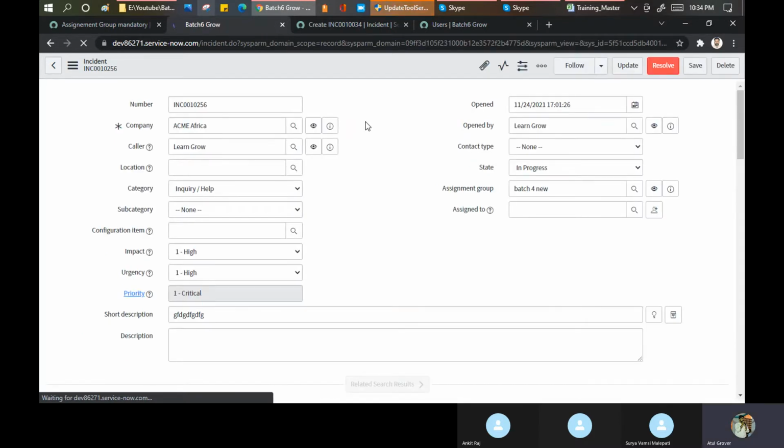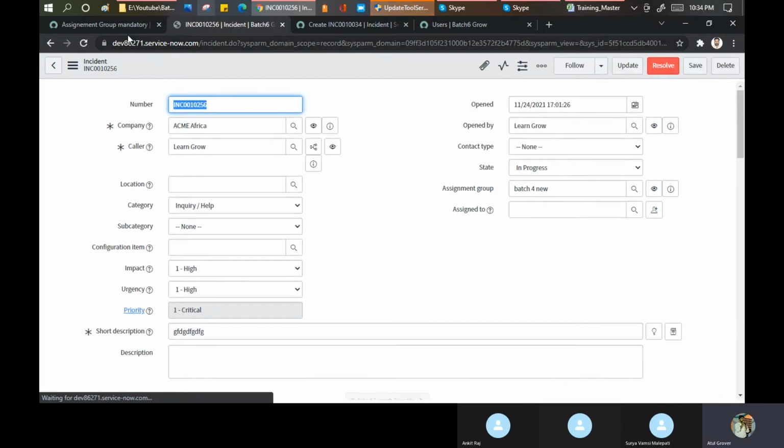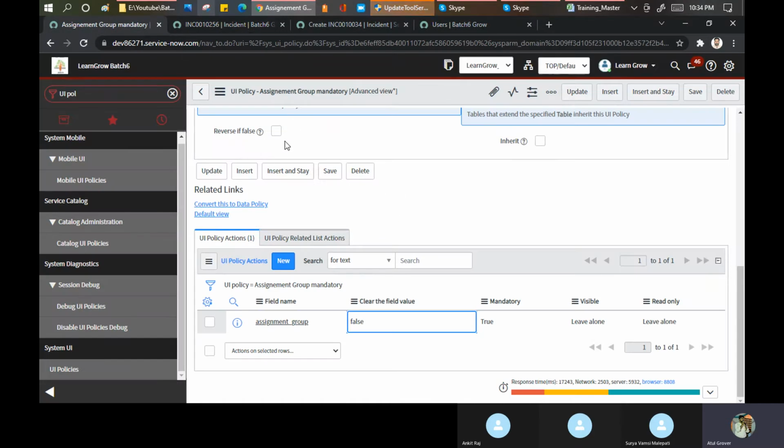The reason I can think of is that there is some other UI policy on the assignment group. When your incident moves to in progress, that can be causing an issue here. That can be one reason it's not working as expected for me.